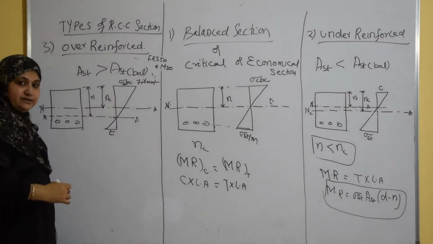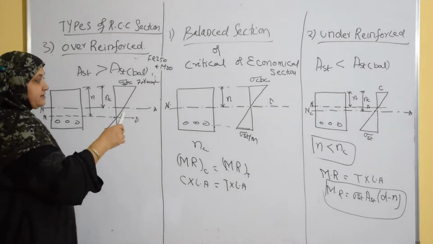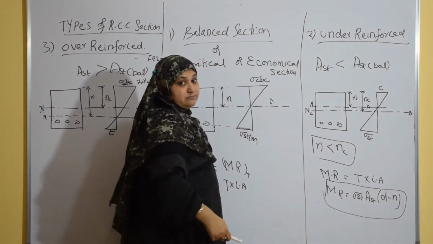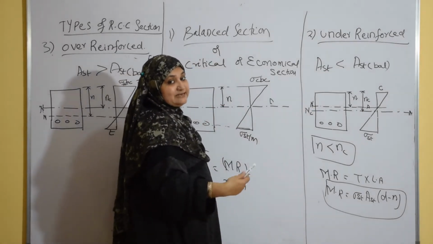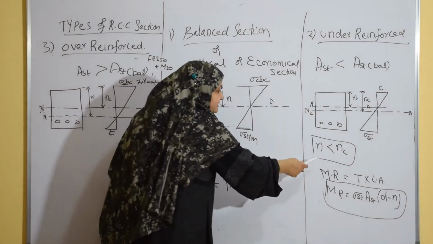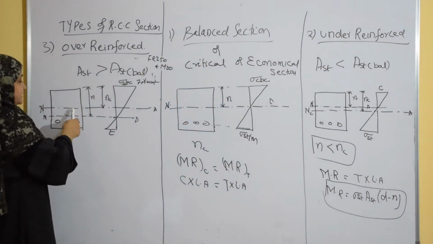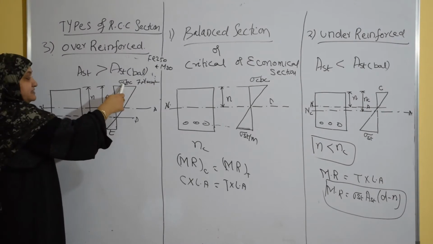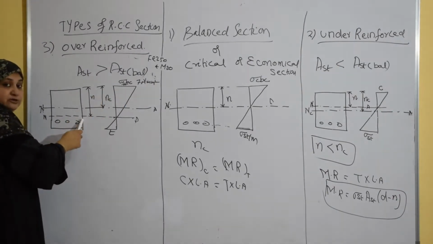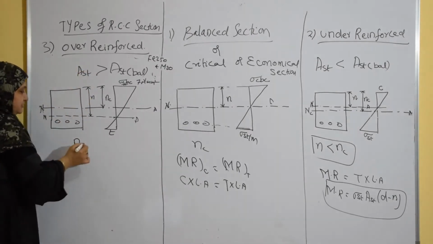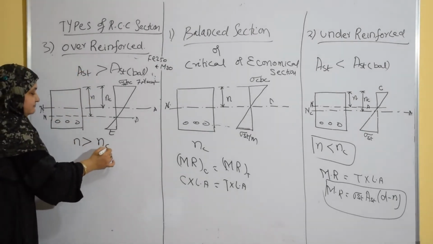Can you make out in the figure? Yes. So in an under-reinforced section, the neutral axis is in the concrete zone because concrete is safe. It hasn't reached its permissible stresses, right? So the neutral axis is less than the critical neutral axis. Whereas in an over-reinforced section, concrete is reaching permissible stress, so the neutral axis is moving down into the tensile zone. In such a case, the neutral axis of the given section will be more than the neutral axis of the critical